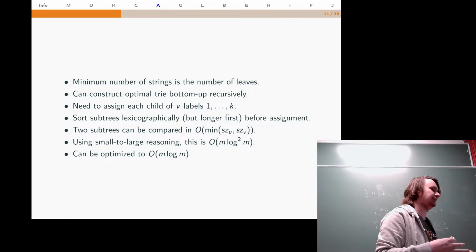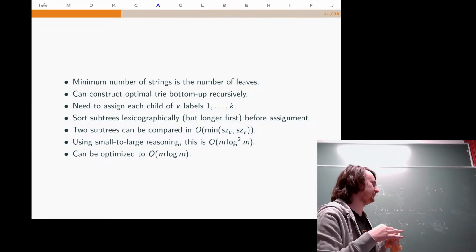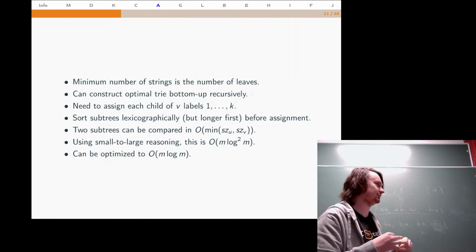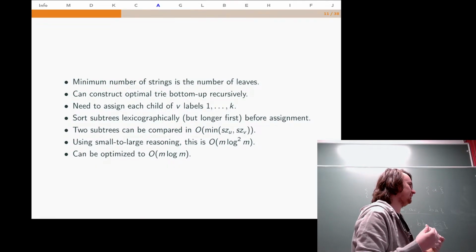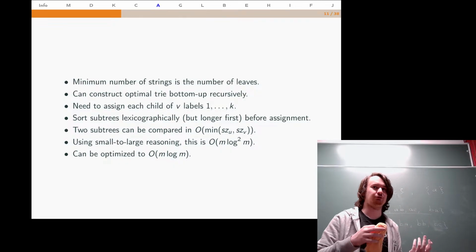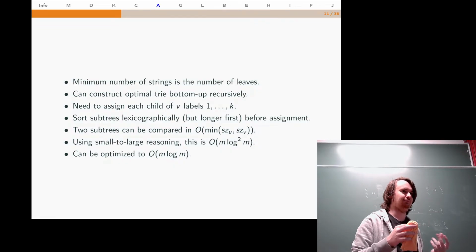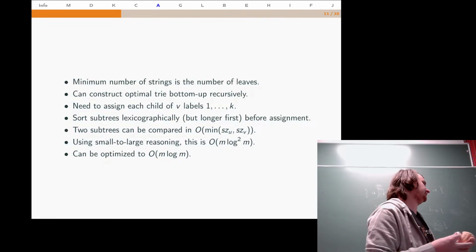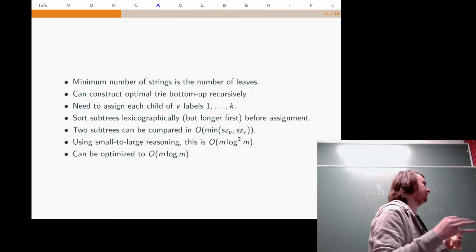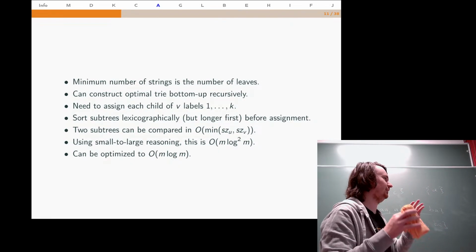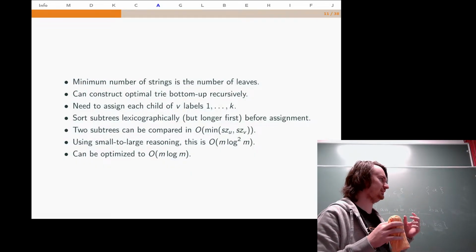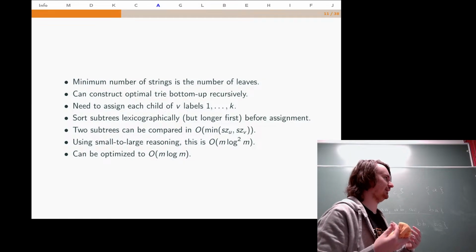Other than that, if we are given two subtrees, we can compare this sequence lexicographically in the size of the smaller subtree, basically in a manner very similar to how, if you have two things, you can also compare them lexicographically by the size of the smallest thing. So every time we need to compare two trees, we compare them in the time that